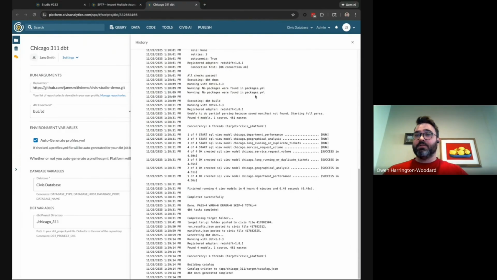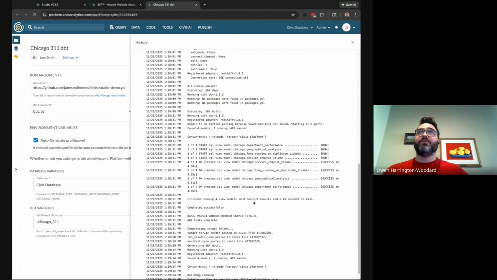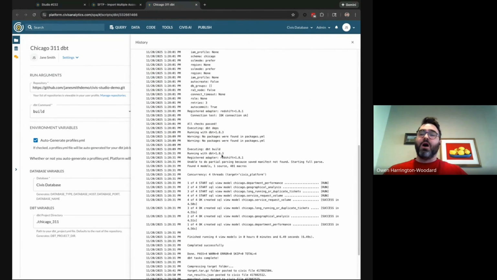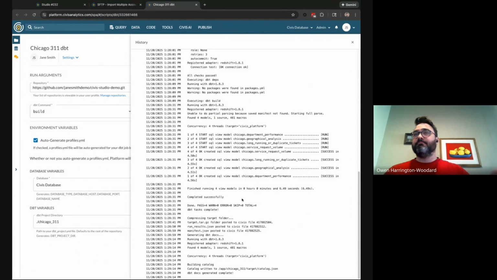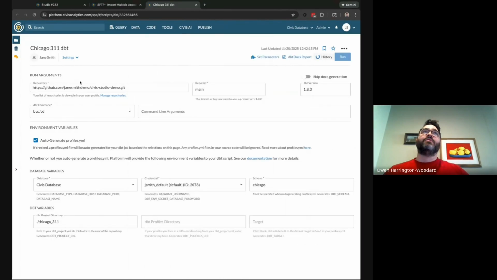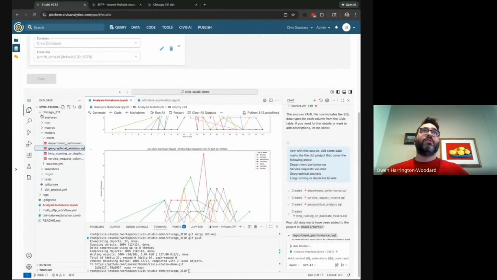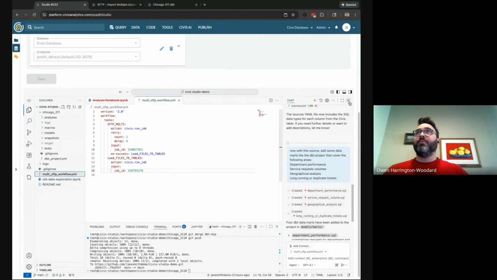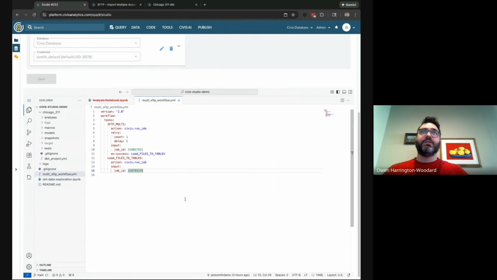Awesome. So we can see that this ran as expected here. It picked up those changes, and now it's actually building models instead of just telling me that there's nothing to do there. So with that in mind, this is that workflow that I have over there. I don't need any of these things right now. I'm on main, great. So what I want to do, I have retries on one of these tasks, and I just want to add retries to my other job, just in case. So I'm going to make that change here.